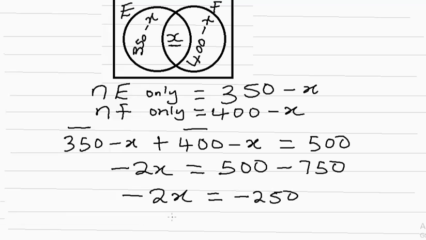So what we're looking for, the number that speak both French and English, is going to be minus 250, divided by